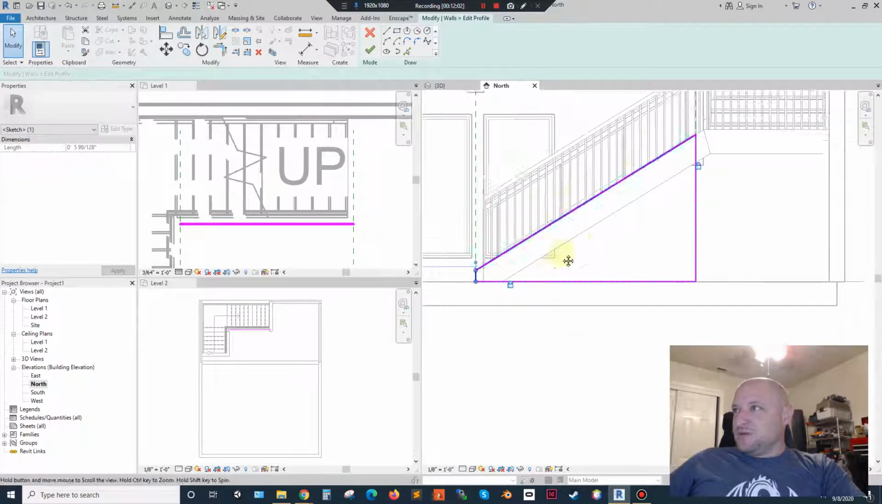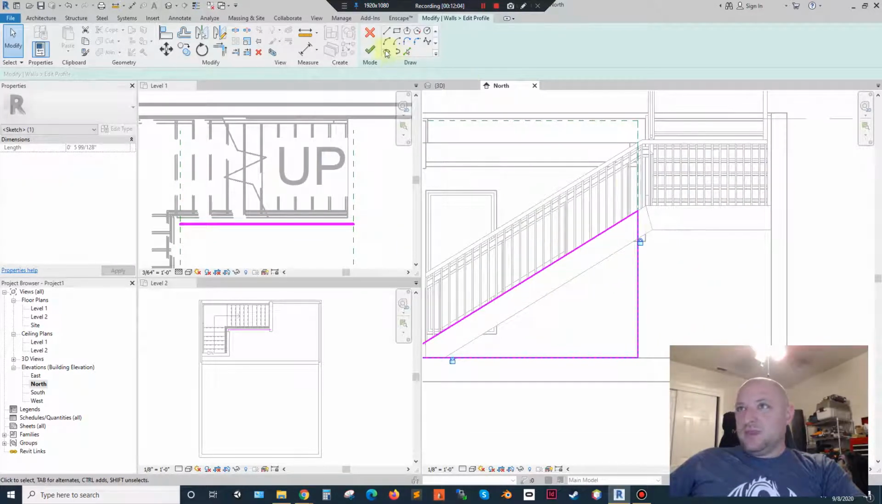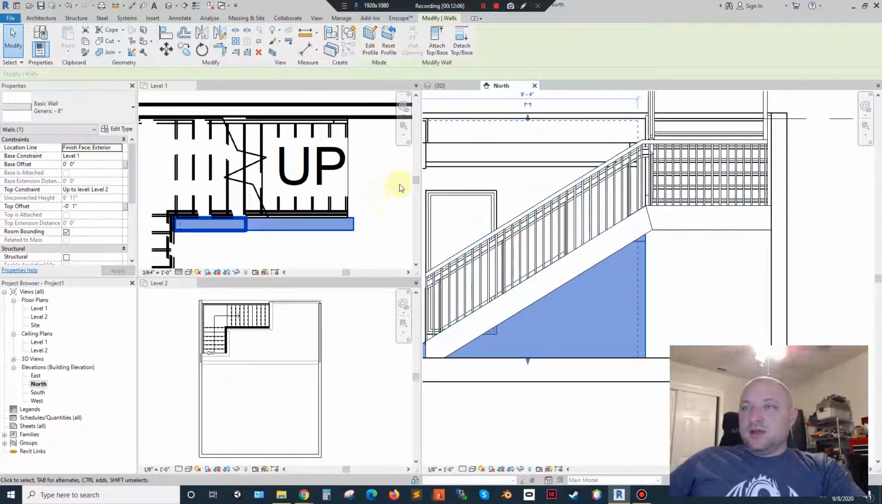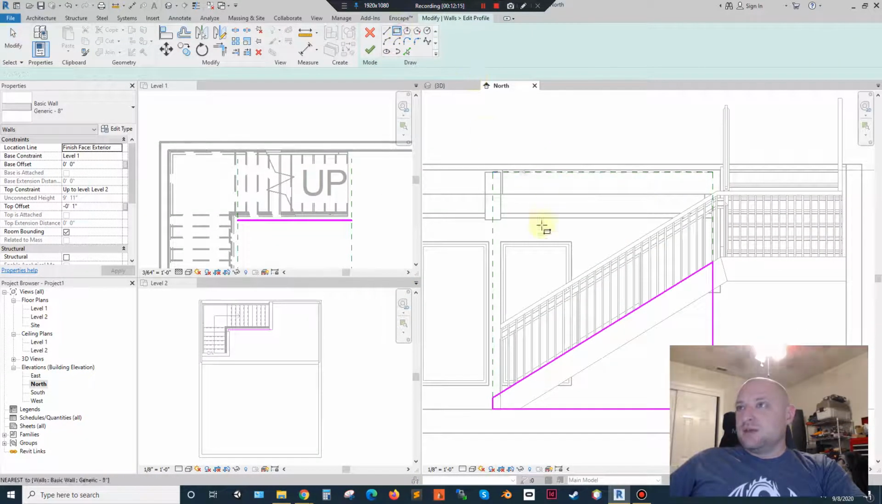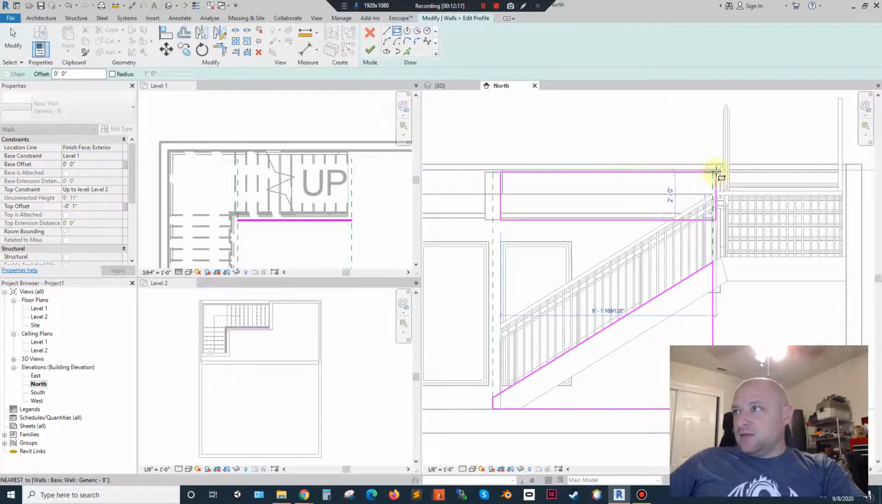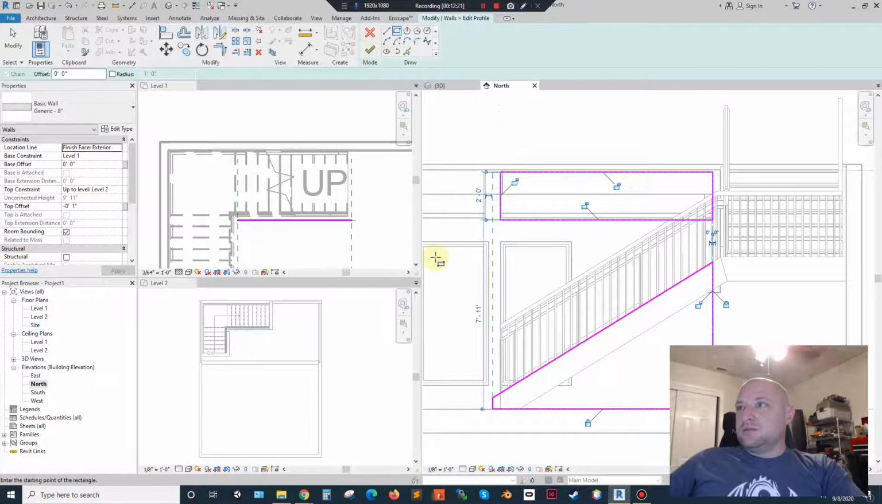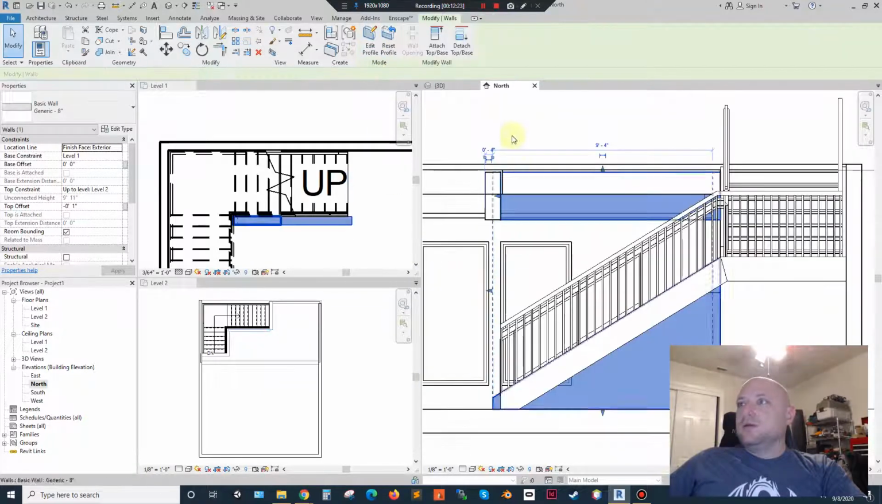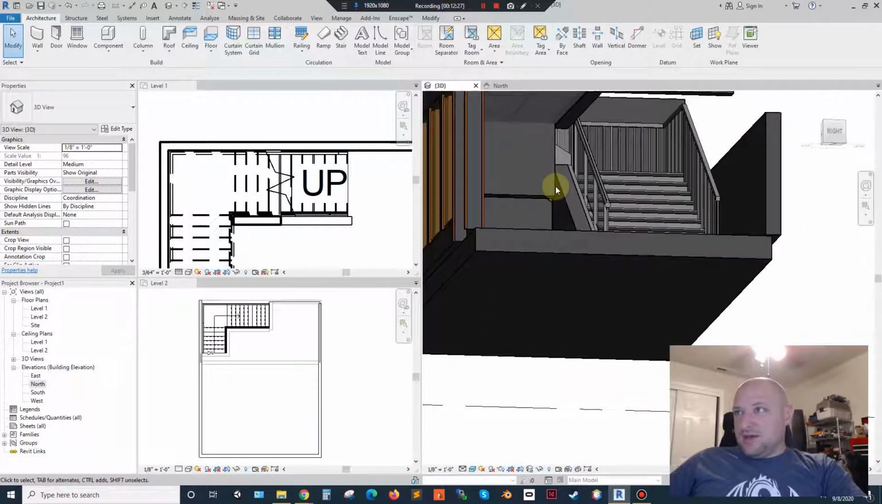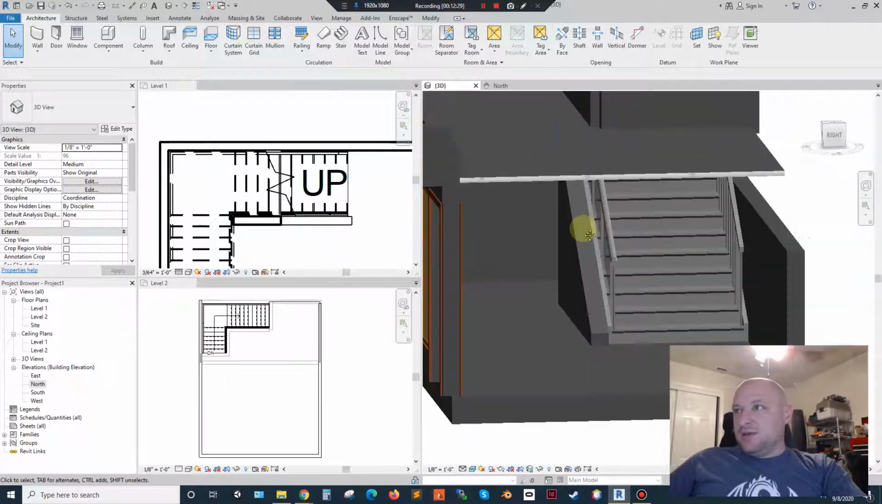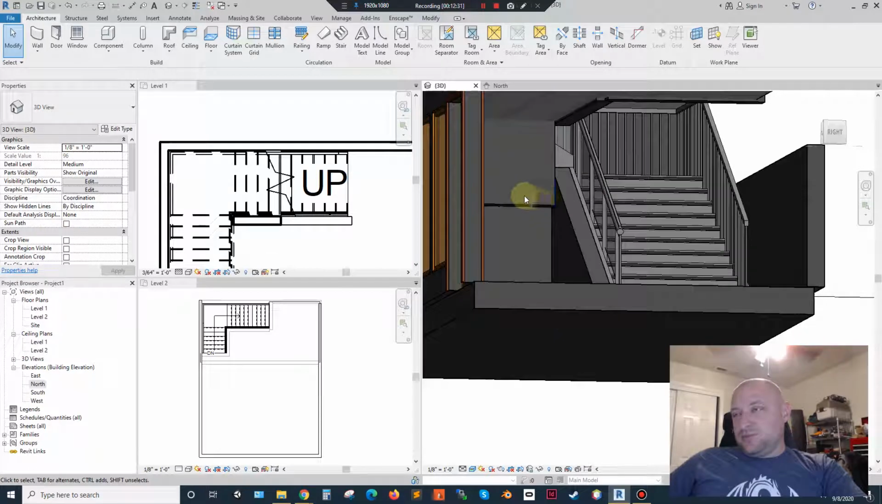That looks fairly close. Let's see what happens. You know what? Let's go back to edit profile because we also need this section up here. Still need that. So, check mark. Okay, back to 3D. And so now I have a wall that follows that up, and this is probably the